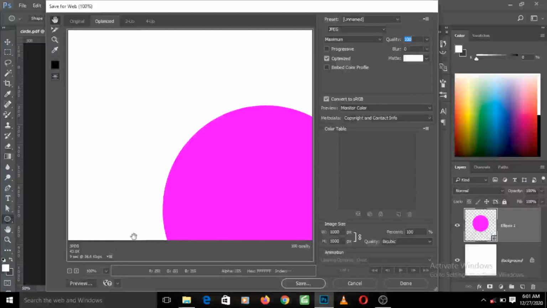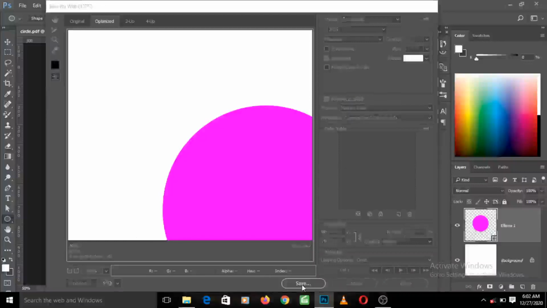So it has optimized it in a way that it will be very good, it will be very clear, but it will not take as much space as when you are saving it for offline for print purposes. So you can simply specify the quality you want, and having done this, you can now hit save.